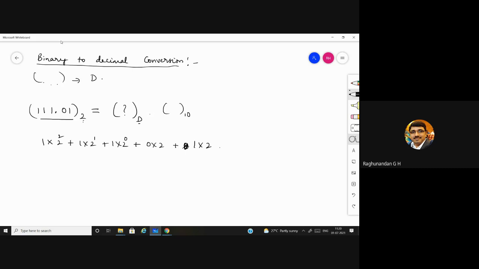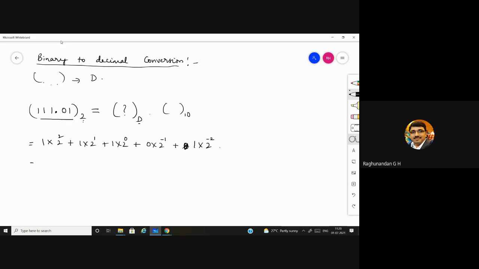For the numbers which are coming after this decimal point, 0 and 1, give the power to the 2 as -1, -2. For the numbers before, it will be 0, 1, 2, or positive powers. For the numbers after the decimal point, it's negative power, -1, -2, -3. It will keep on increasing on either end.